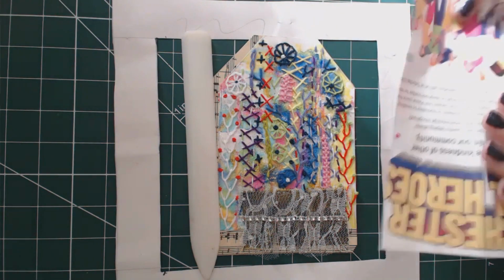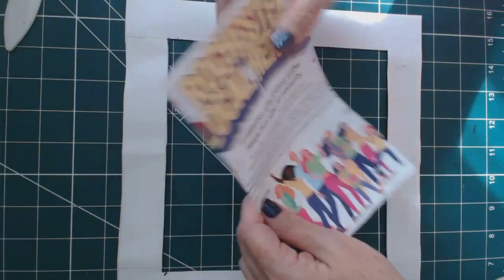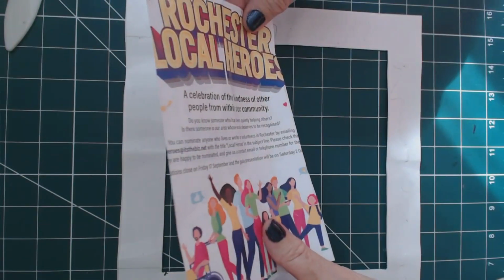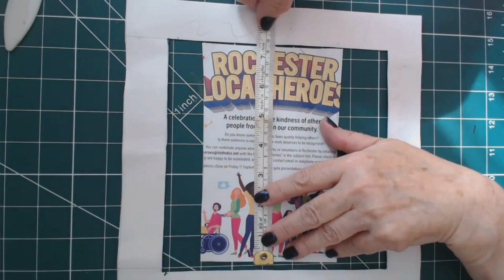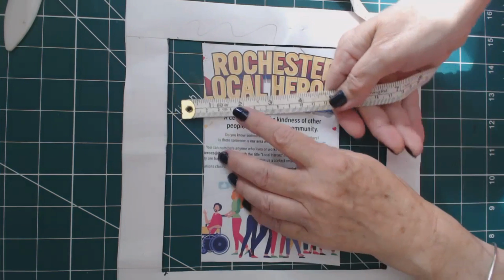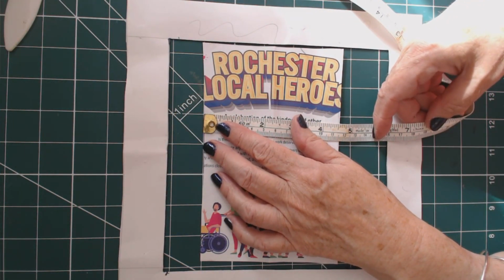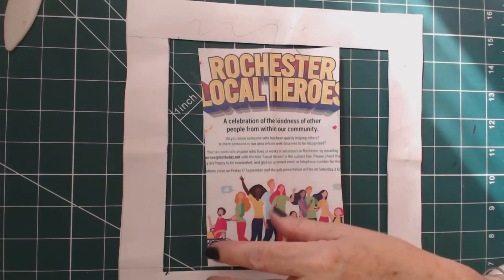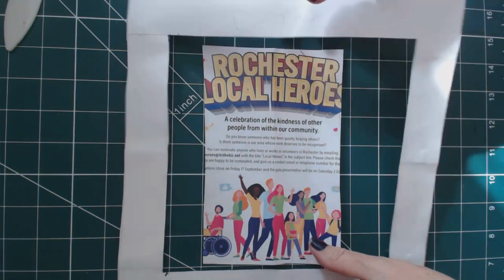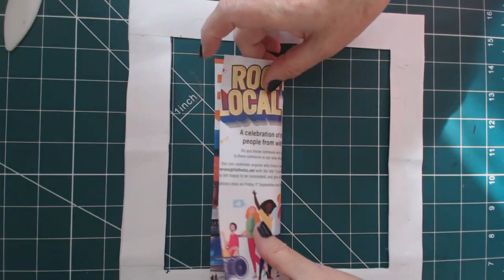Now, how are we going to do this? You want a rectangle, just like so, measuring 7 by 5. Okay, well that's actually 4.5 there, but we'll make it 5. 7 by 5. And then to get your tag shape, all you're going to do is fold it like so,